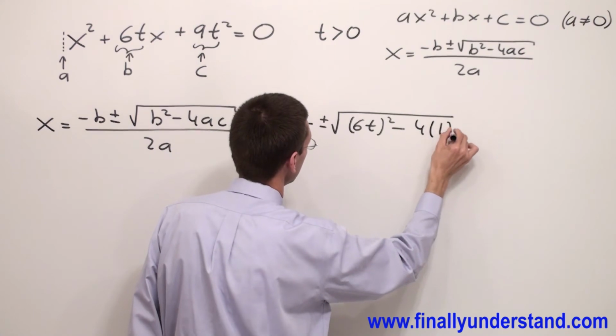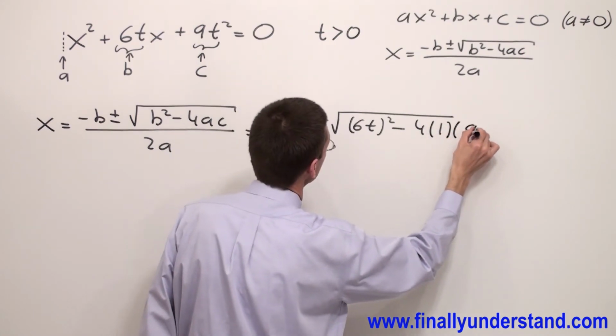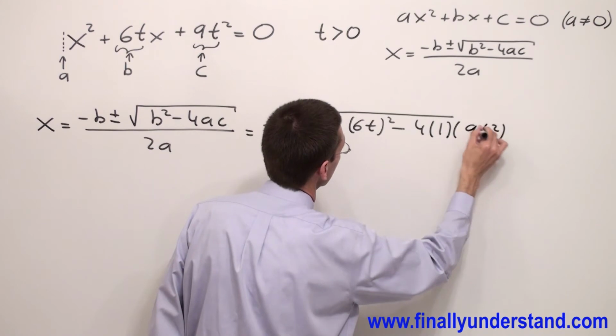A is equal to 1 and c is equal to 9t squared